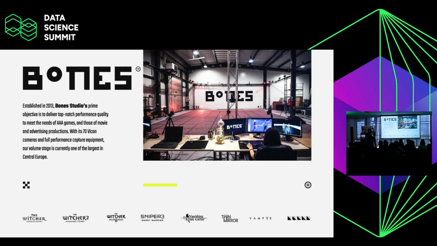So Bones is a motion capture studio. This carpet in the back with these squares is a floor on which real people perform their roles, and the movement of these people is translated into 3D characters in games and movies. And we have operated for 10 years now, and 3 years ago we started the project